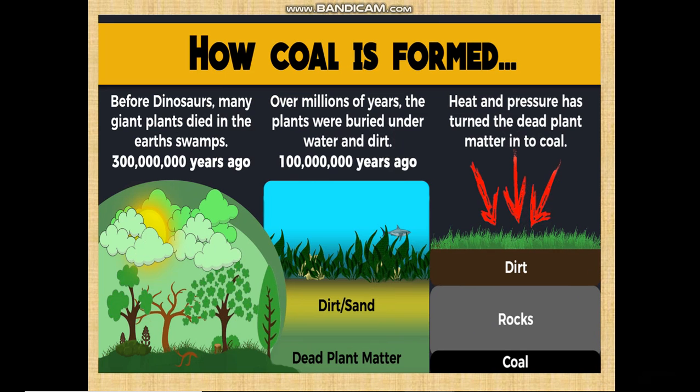You can see this topic in your book on page number 57. The formation of coal, or the story of coal, is there. It says that about 300 million years ago the earth had dense forests and low-lying wetland areas. Due to natural processes like floods, these forests got buried under the earth.